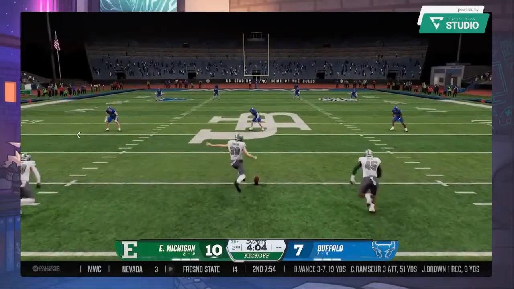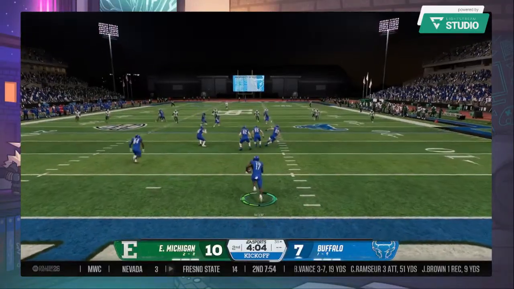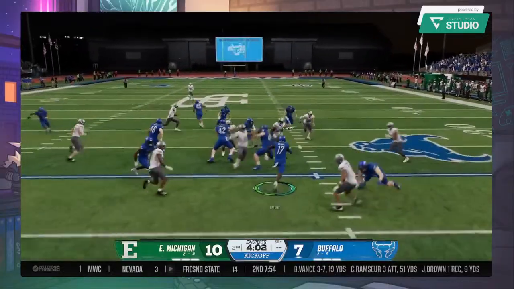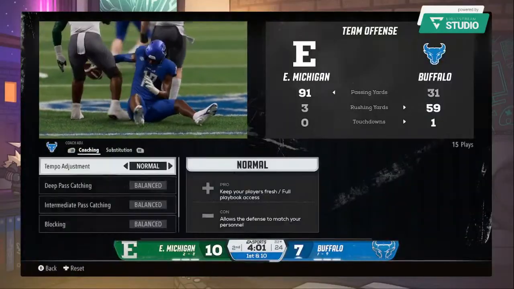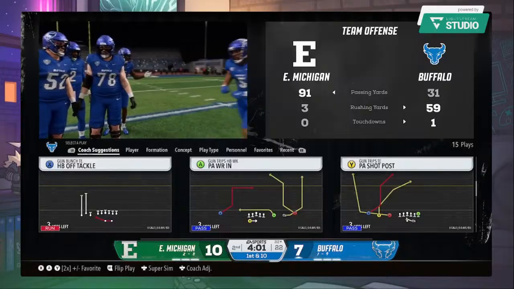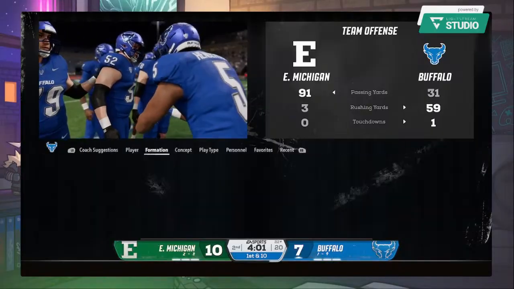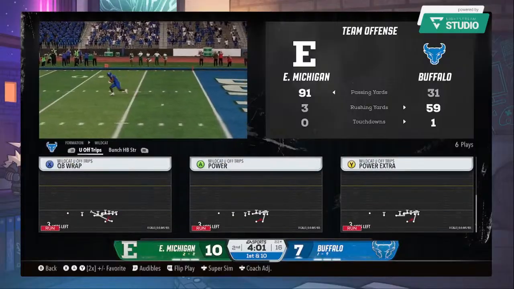They're getting set to kick it away, and that last score took a little oomph out of this crowd. He'll start the return inside his 5. Nice job executing all of the assignments as they put a stop to that return at the 22. The Buffalo offense headed back to the field. They're still looking for a little more productivity as they trail 10-7.